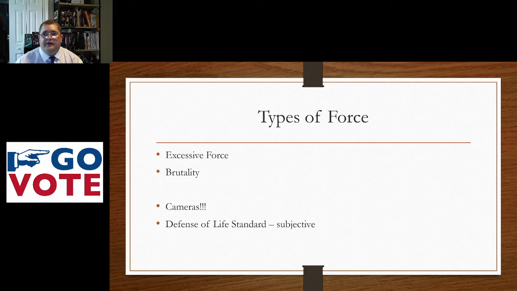Okay, I don't want accounts. I don't want secondhand accounts. I don't want rehearsed accounts. I want video from every angle of what happened, and I can make up my own decision at that point. I've never been on a jury on one of these cases. I'm not in a decision making position, but personally, I'm going to make up my own opinion about the cases based on the information that I can garner.